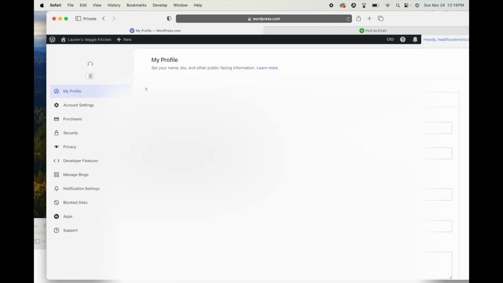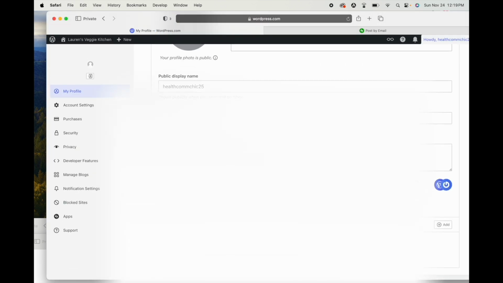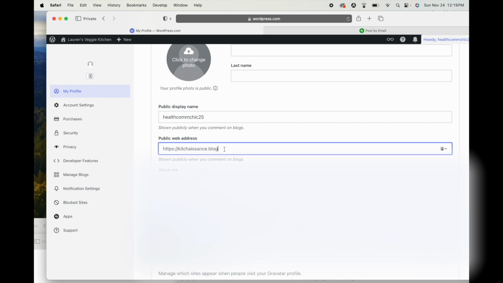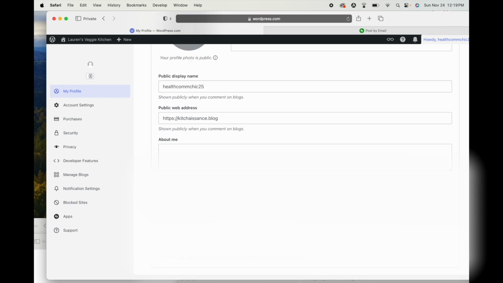Then you can click here to manage your WordPress.com profile, and you can edit your first name, last name, username, web address, about me. Notice it says your WordPress.com profile is connected to Gravatar. Your Gravatar is public by default and may appear on any site using Gravatar when you're logged in with the email address that you have set. To manage your Gravatar profile and visibility section settings, visit your Gravatar profile here,